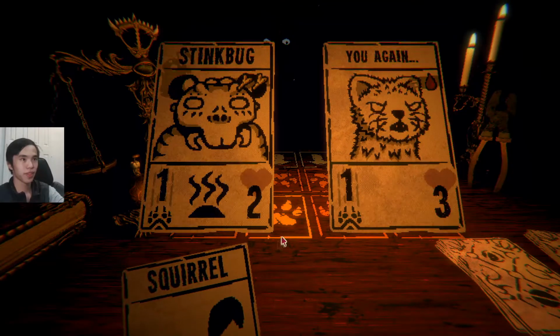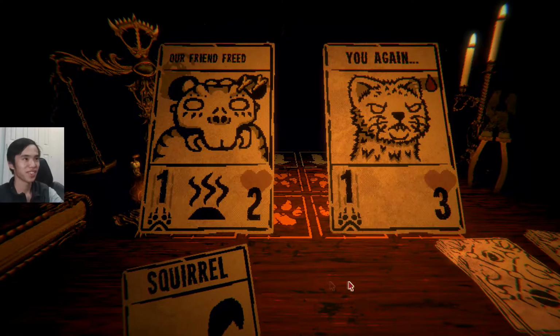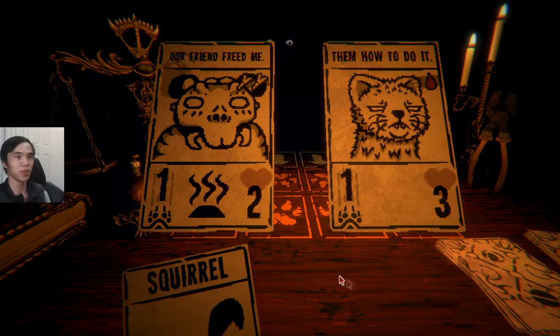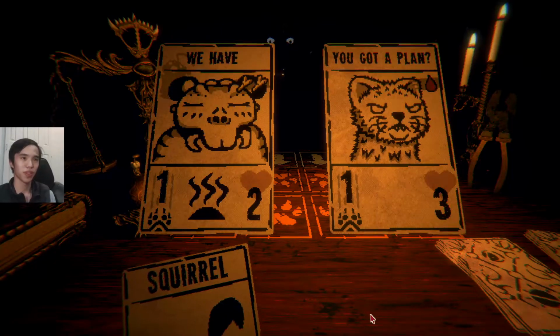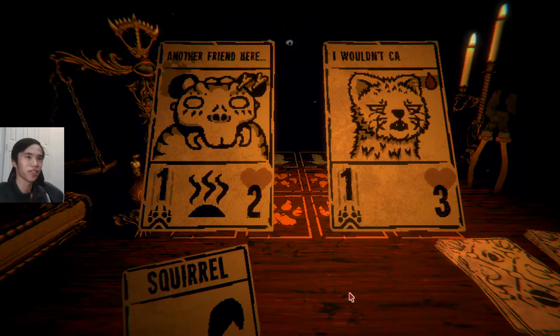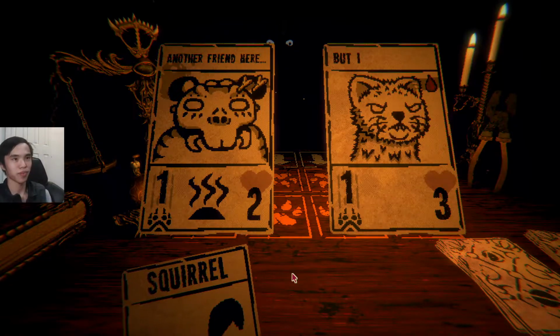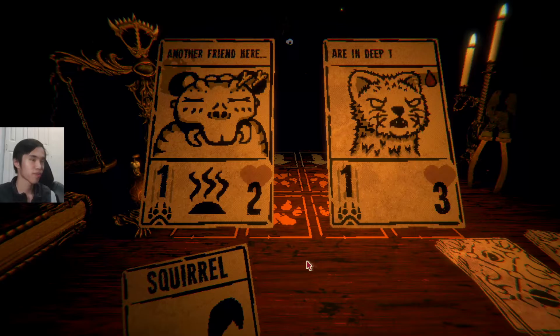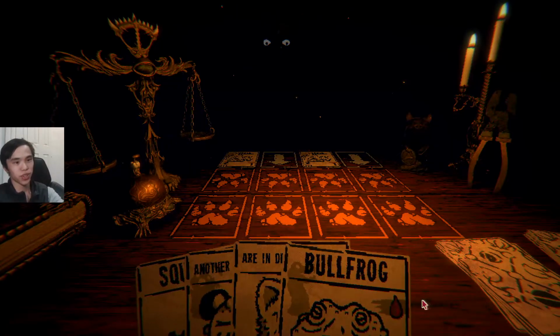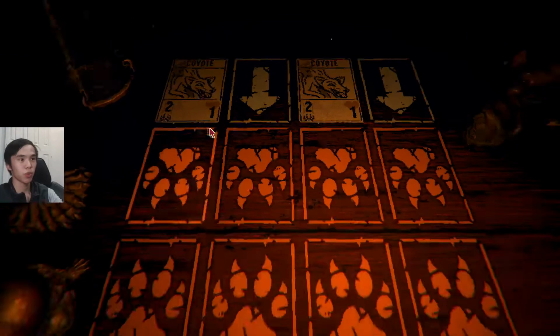Okay. Stinkbug, you again. Indeed. Our friend freed me. Well, I basically told them how to do it. You got a plan? We have. Another friend here. You've got to be... I wouldn't call him a friend. But I suppose we are in deep this time. We don't draw ourselves, which is unfortunate. But we will be able to...